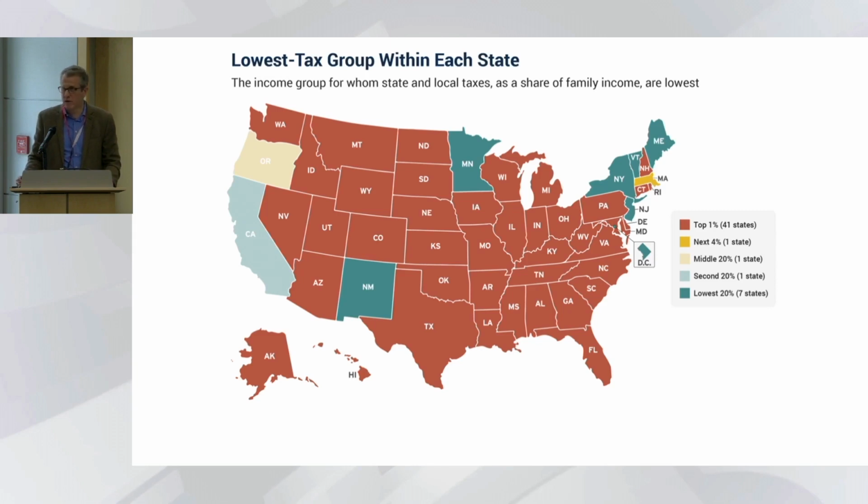at whopays.org. A couple of the top things from that report worth noting. 41 states tax the top 1% less than any other income group in that state. And in 44 states, the tax code actually exacerbates income inequality. So it takes income, the tax code then redistributes it, sorry, it's Friday, upward, right, in this sort of reverse Robin Hood effect. And all of this has an impact on revenue as well.